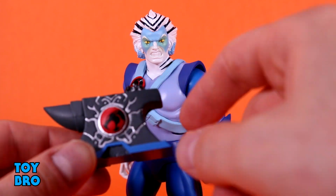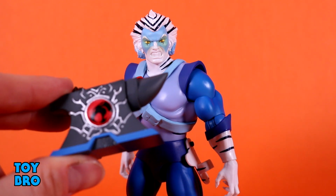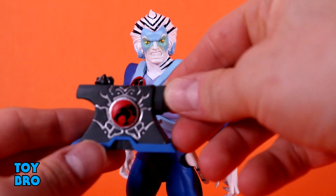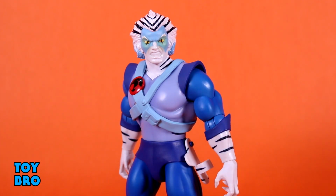So you've got all the silver chrome on there, metallic rather, and the ThunderCats logo emblazoned on both sides. And I mean, this is a big accessory. It's a big old thing. You can have him whomping on that ore, because of course he was a blacksmith. And then we get the pedestal here as well,